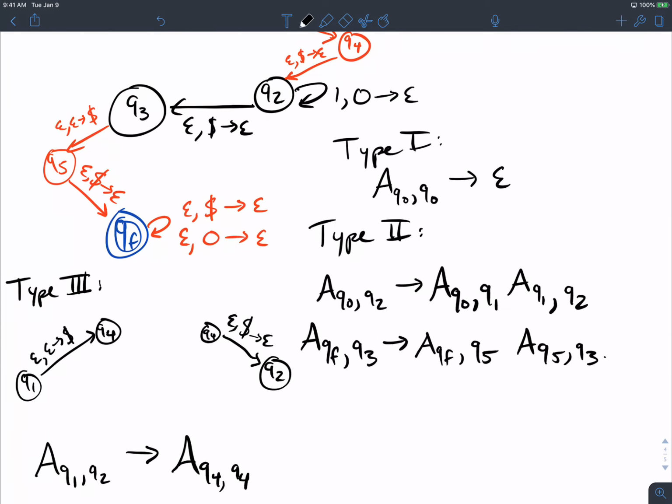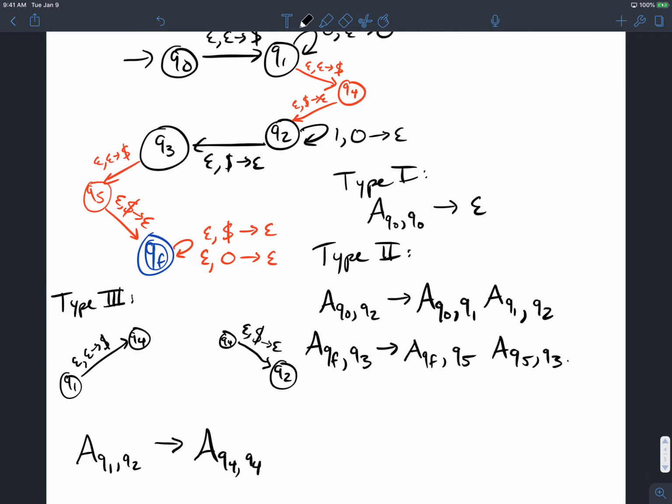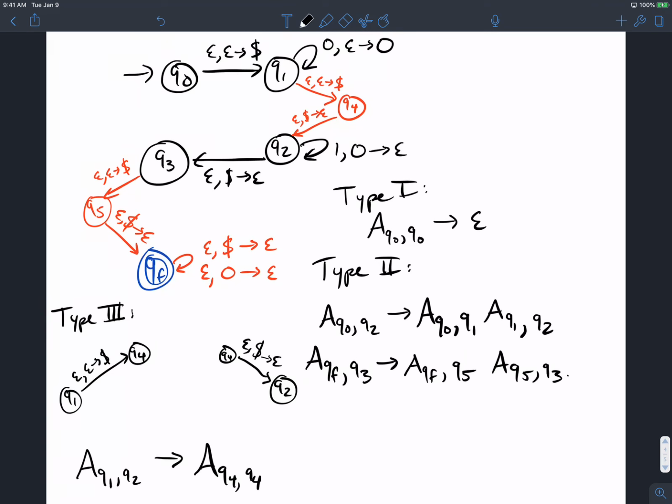And look at it, just look at the PDA itself. If you want to know how to go from 1 to 2, you just figure out how to get from 4 to itself, which will turn out to be nothing. So in order to get from 1 to 2, you don't read anything, which seems correct in this case. Can you name a pair of transitions that actually do read something? Yeah, so the Q1 to itself and the Q2 to itself. So those are the only transitions I think that read.